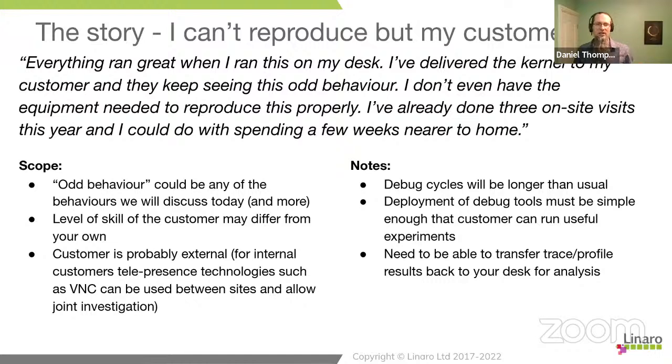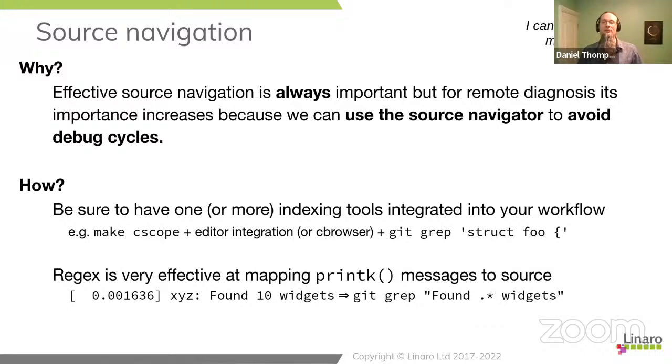As well as KDB, I'm also involved in maintaining backlight. I have some devices with a backlight, but there are some 30, 40 odd backlight drivers, and I only own 2 or 3 of them. There's no way I can reproduce all the odd behaviors that you could ever see on a backlight. So the other aspect of this, I can't reproduce but my customer can. This is what will be happening if you are reporting things to maintainers. They will be in the position of suggesting ideas of how you can fix things, or reviewing code and trying to work out what it's fixing when they can't reproduce it. So this idea that you can't reproduce things is actually very common for Linux maintainers.